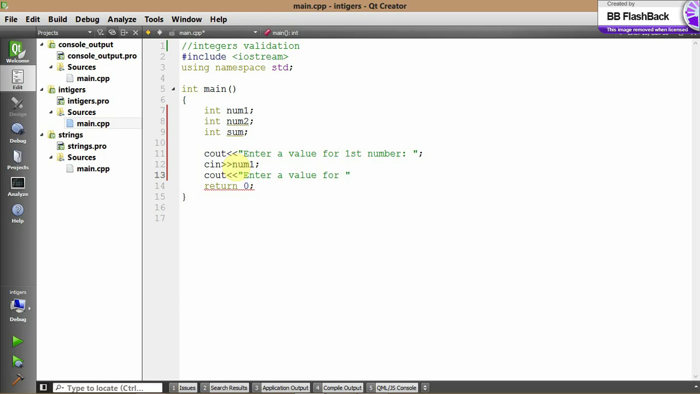for second number. Then we assume in our memory that second number. Now we say cin, then we say for what, for num2. Now it's for num2. All right, so far where we are now,